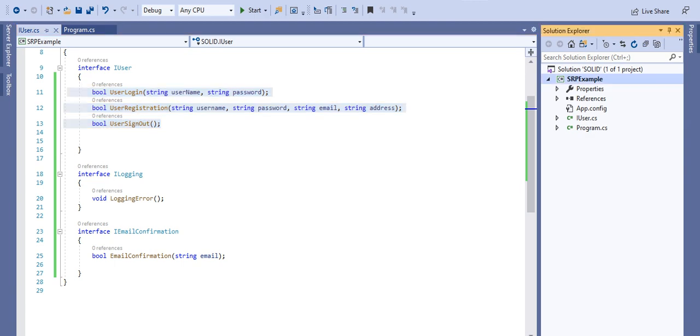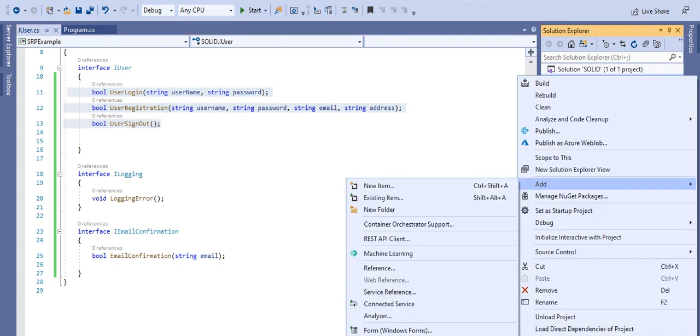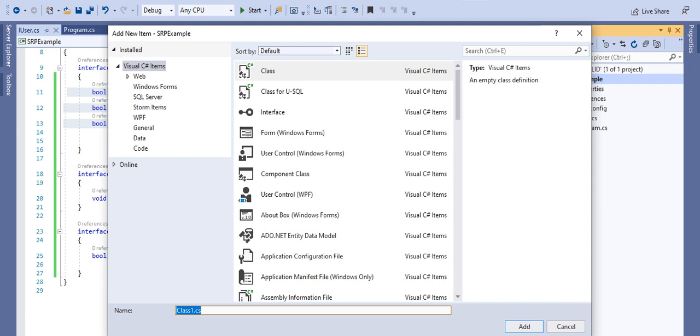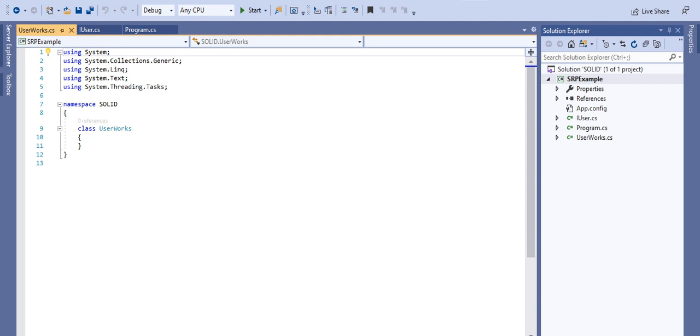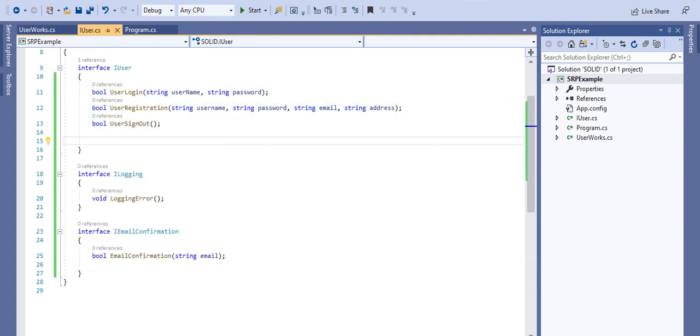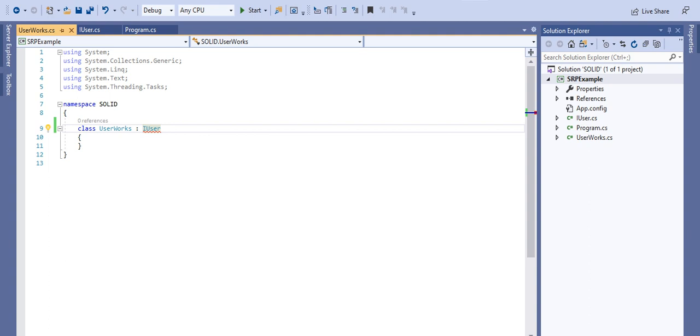Now, if we add a class to this project, I will give the class the name UserWorks. We know this is related to the user only, so I take the particular interface. If I were to add the other methods here, then for UserWorks also I would have to implement all the methods.